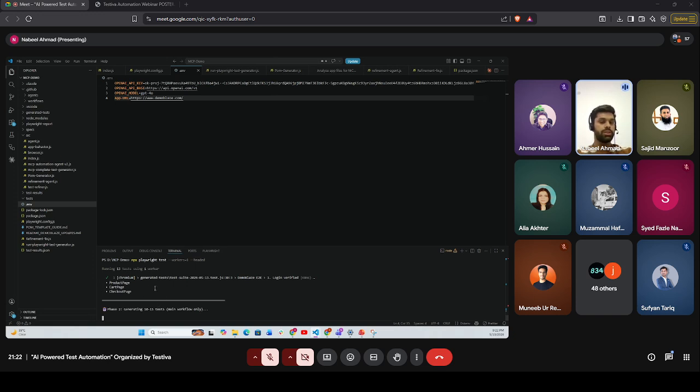So look, it has now explored the whole website, and it has created the core main workflows. I have intentionally restricted it to just 10 to 14 test cases, just to minimize the time. It will be using those instructions, and it started creating.